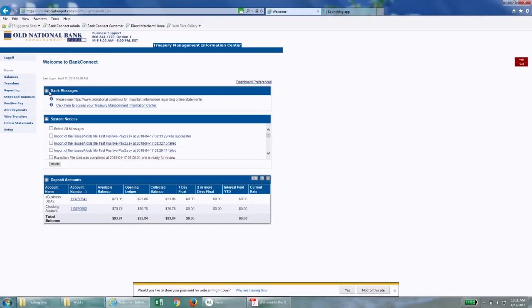Bank messages will give you any information, say on upcoming holidays, along with maybe any maintenances that are going to be occurring within BankConnect. Now, maintenances typically happen overnight, so most likely when you're not going to be logging into BankConnect. Also on here, you can access our Treasury Management Information Center page from here, or you can also access it from the Treasury Management Information Center up top as well. If you click on this page,